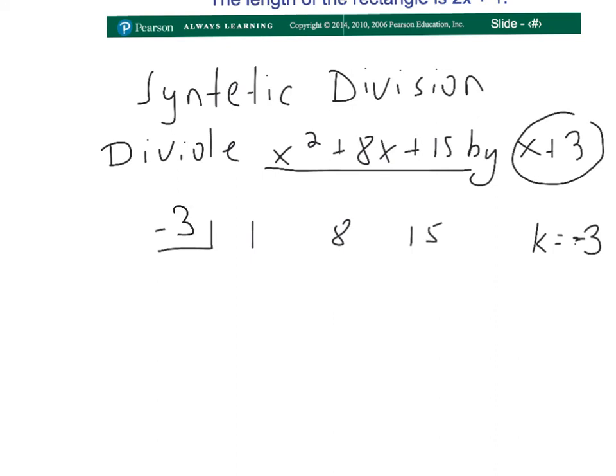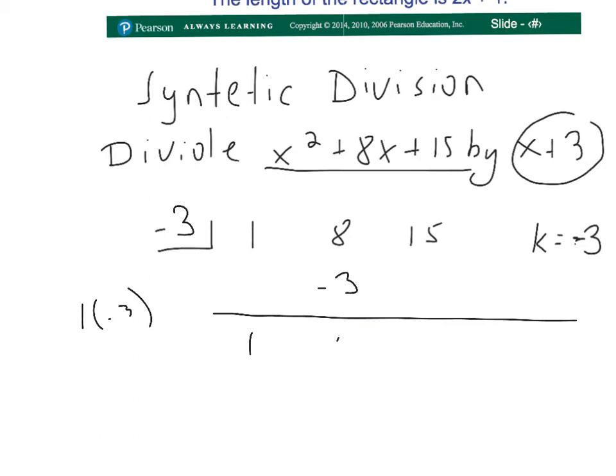So now, how do I do this? Okay? 1, I'm going to bring down. So I bring down 1, and then I'm multiplying 1 times negative 3, which is equal to negative 3, which goes here. And then I'm going to add it vertically. Okay? So if you add it vertically, you will get